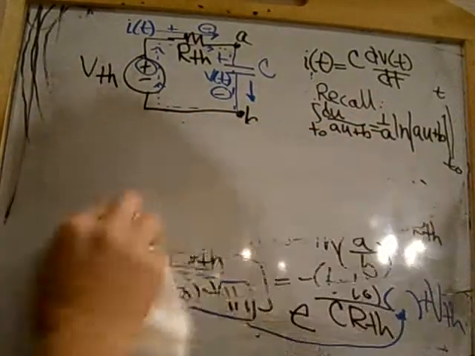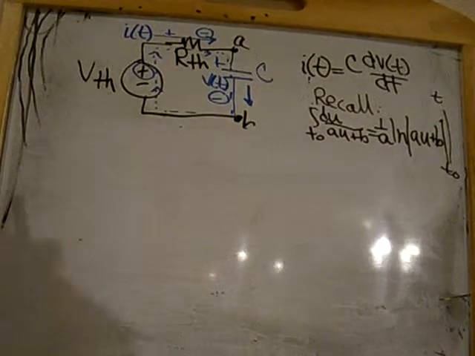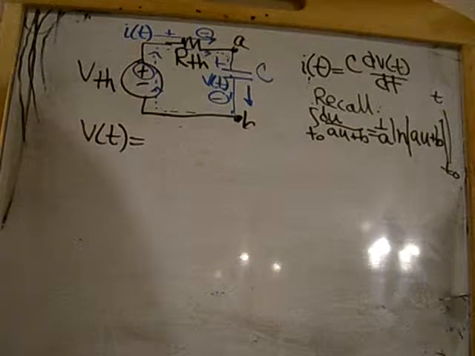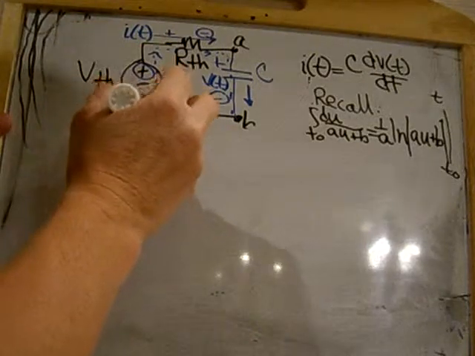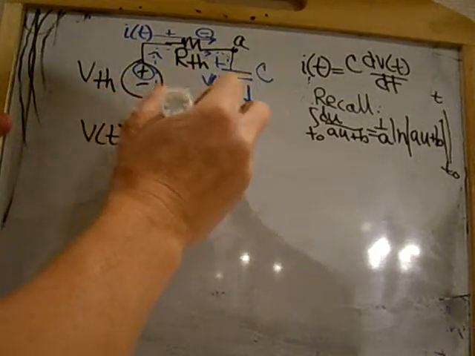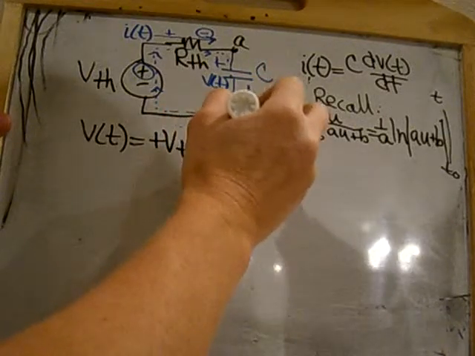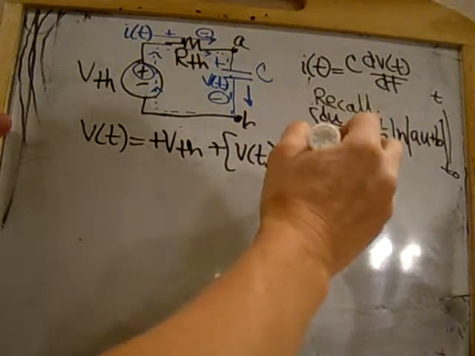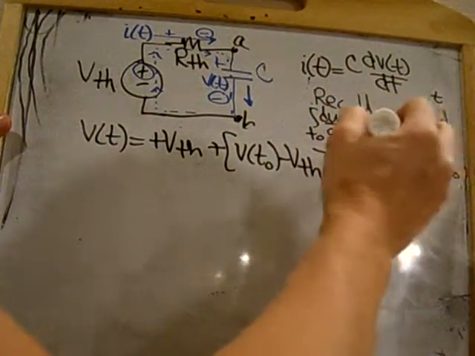So rewriting that, V of t is equal to plus VTH plus a V of t0 minus VTH e to the minus t minus t0 over